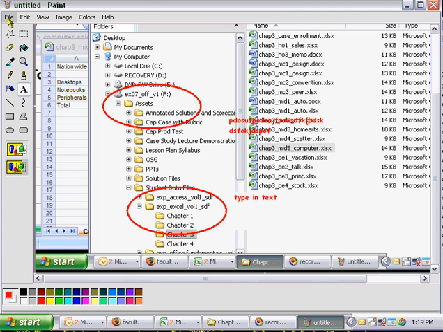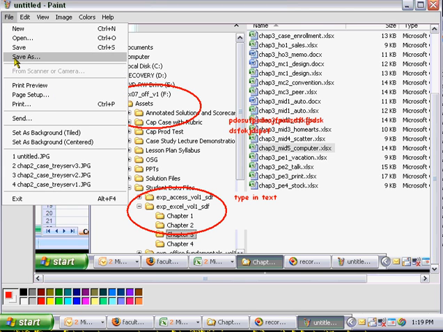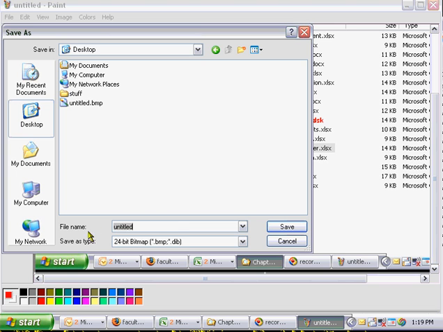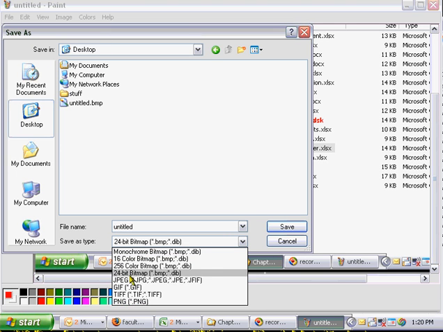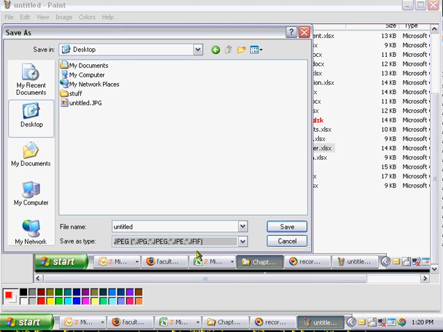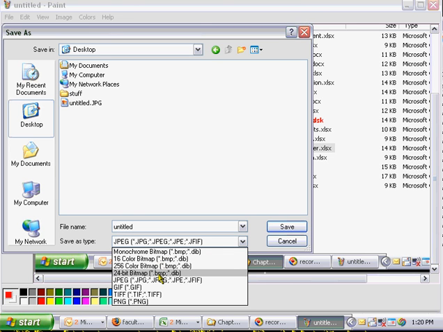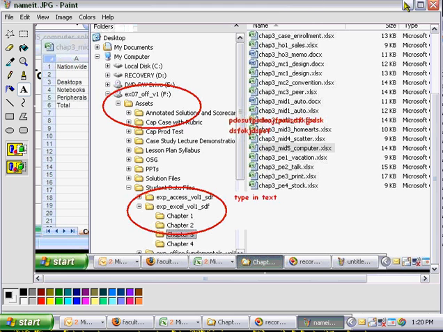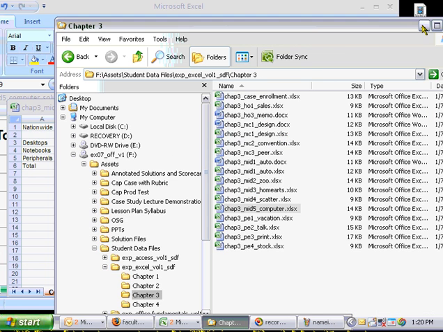Alright, so now the next thing, and this is probably the most important part, is saving it. You actually want to hit Save As, and then you want to go to your file type, and then you want to change the file type. Instead of a bitmap, you want it as a JPEG. The reason being is because bitmap is going to be a larger file format. It's going to be bigger than a JPEG would. So then I can name it and save it, and now I have my screenshot